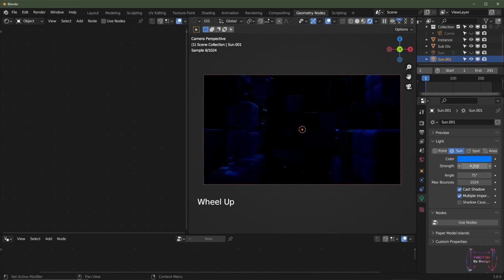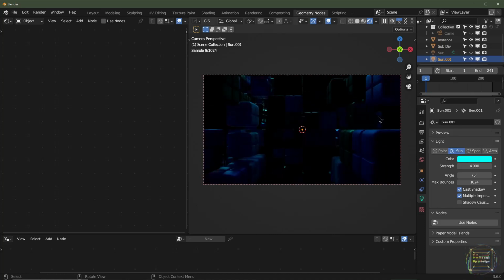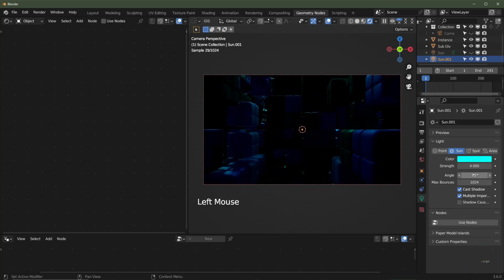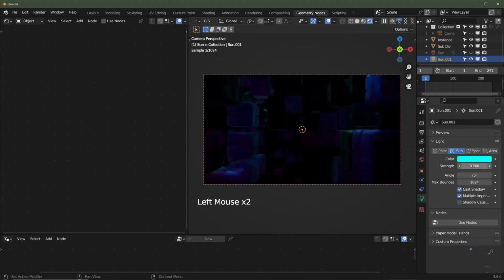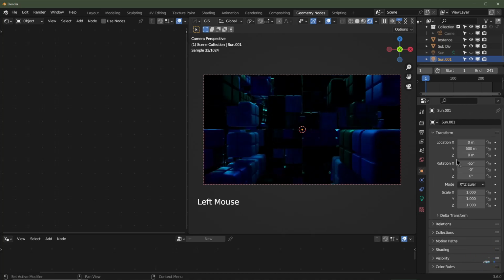Okay, we're going to actually turn the brightness up a bit more. I might change the colour a bit as well, just so it's going to be a bit more in line with the pink. It's a slight greeny tinge, maybe not that green. Actually, I'll be happy with that. I'm going to turn the value up to about 8 maybe, or maybe a bit more, say 10. Maybe change the